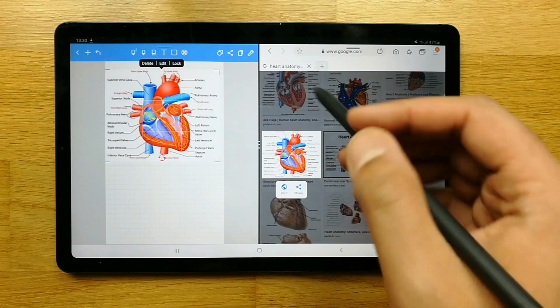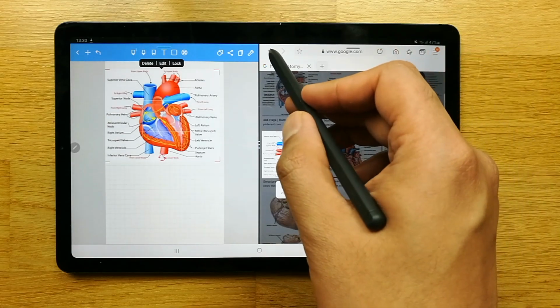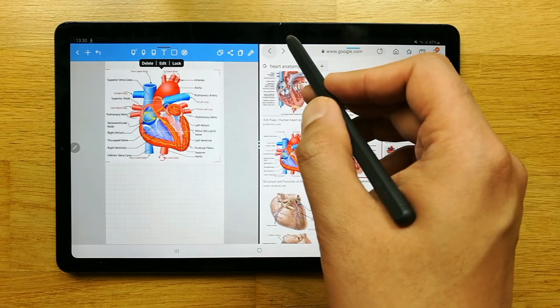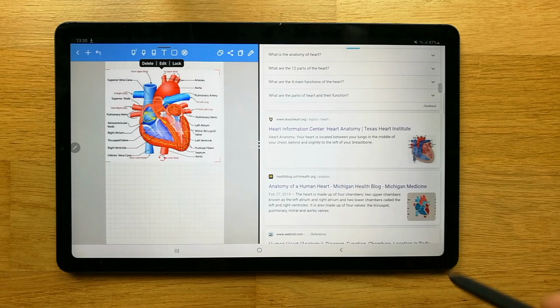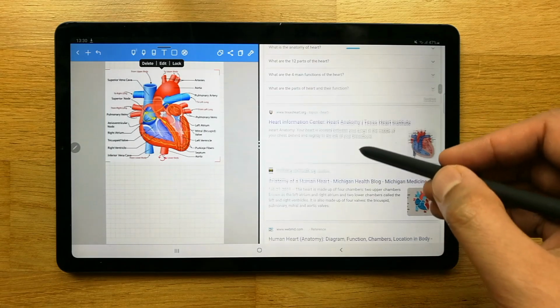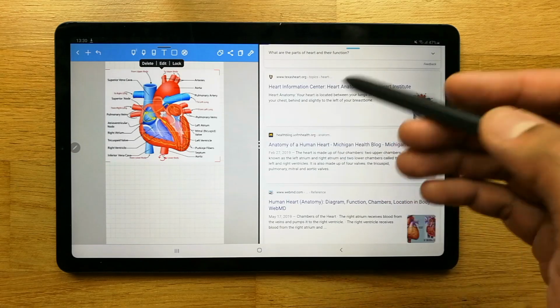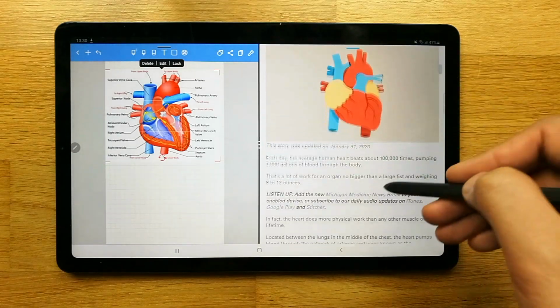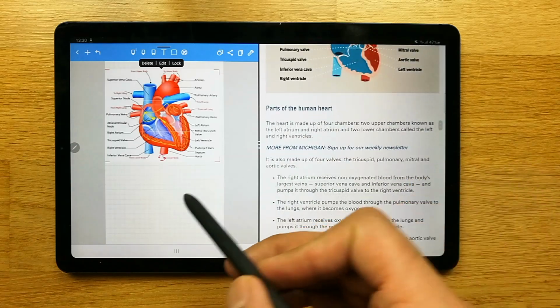Okay, and if you want some text, I go back from here, and then you can see different articles related to heart anatomy also came over here. For example, I open some random website like this one, and I like some text from here that I want in my notes.